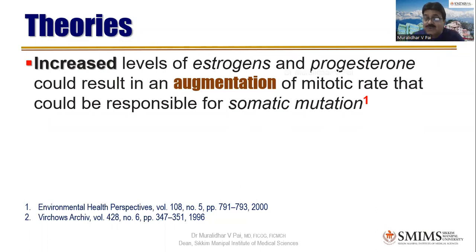This we have to understand very carefully. Estrogen and progesterone are there in every lady, right? But that would induce a somatic mutation in genetically predisposed women maybe, and that's why there is augmentation of mitotic rate